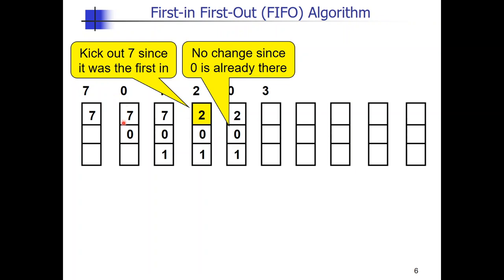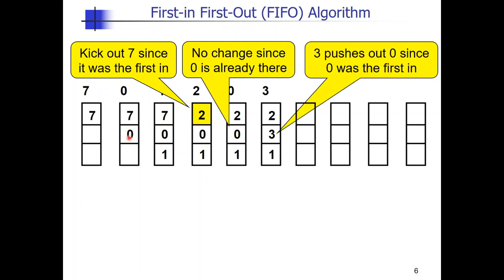We would need to throw out page 0 next because it was the first in after 7. So we decided to throw 0 out. 3 pushes out 0 since 0 was the first in, because we have already thrown out 7. The next request was for page 0, which is unfortunate because we just threw out 0. And we would need to throw out 1 in this case because that was the first one in. So 0 pushes back in, we throw page 1 out, and then our next reference is for page